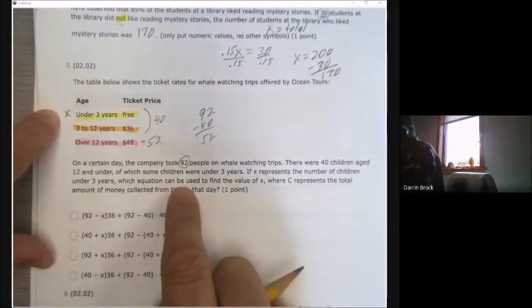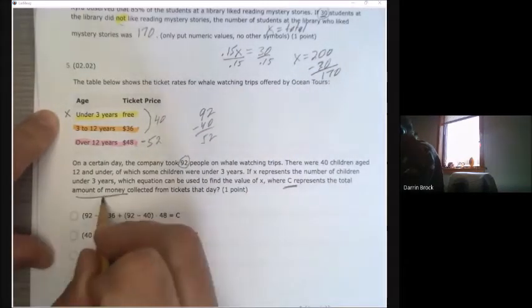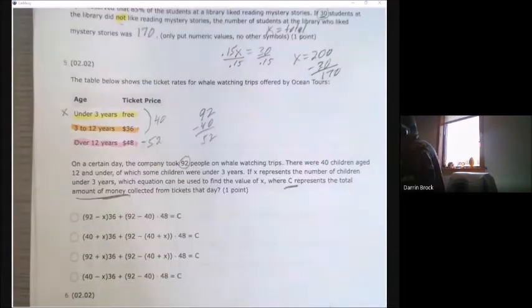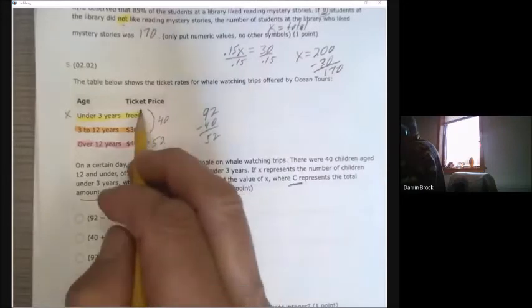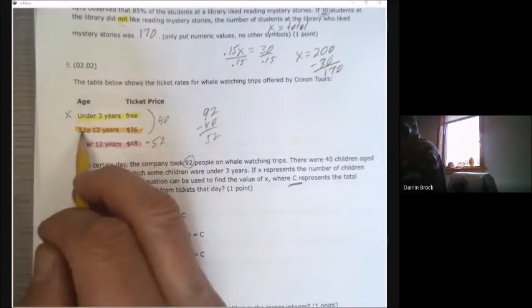Which equation can be used to find the value of X, where C is the total money? All right, C is the total amount of money collected. So let's see what we know. We know that there's 40 altogether. We know this is X. Well, if this is X, then we can name this